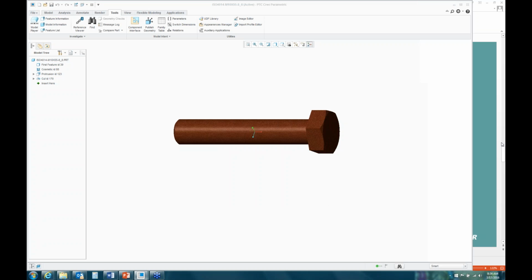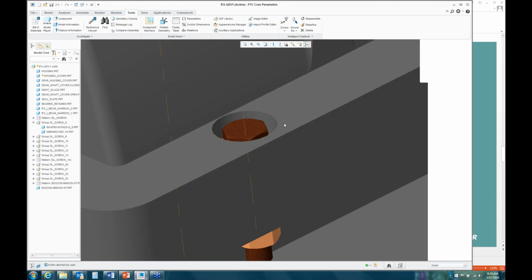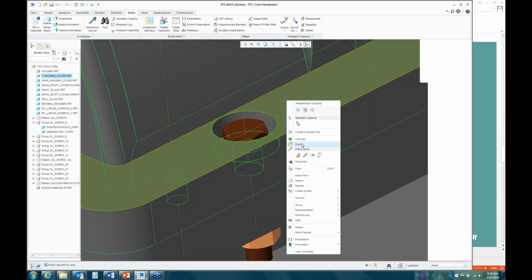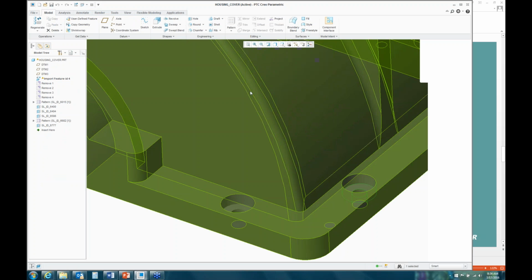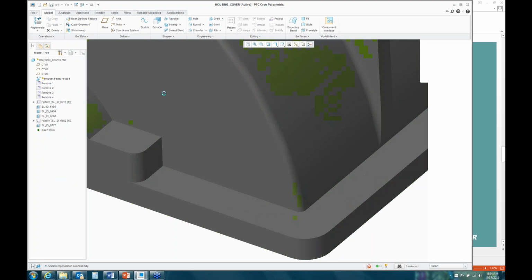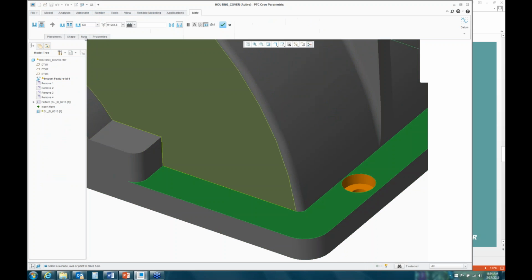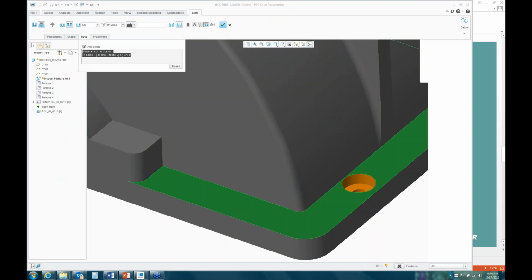The custom notes with the countable hole with parameters, they come in with the hole themselves. So if we take a look at one of those holes, we'll open this part, and if we take one of those holes and edit its definition, you can see that the hole, if it has any note properties, that's what you get for your detailed drawings if you need that